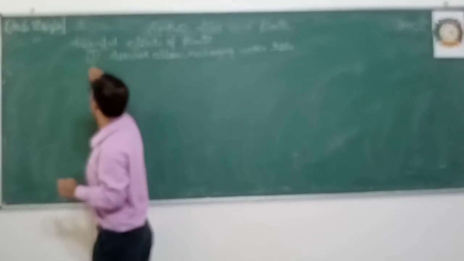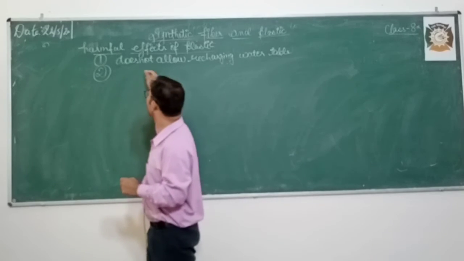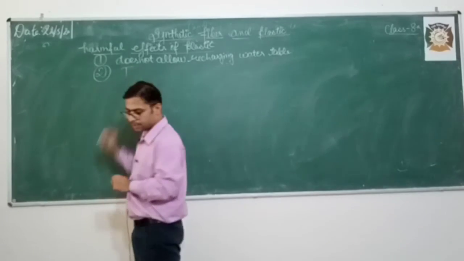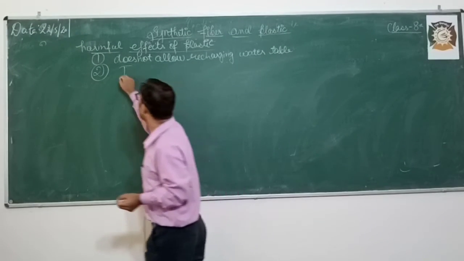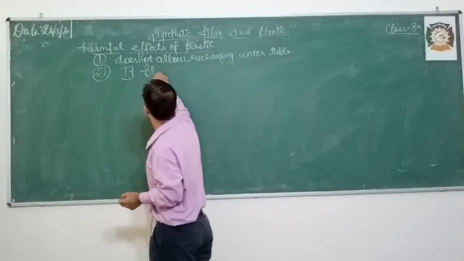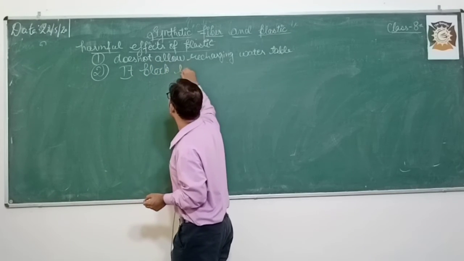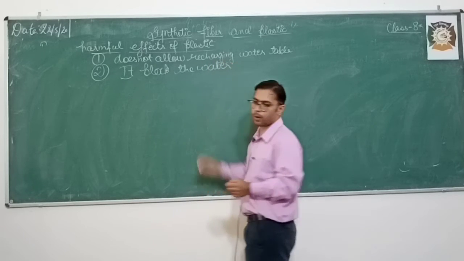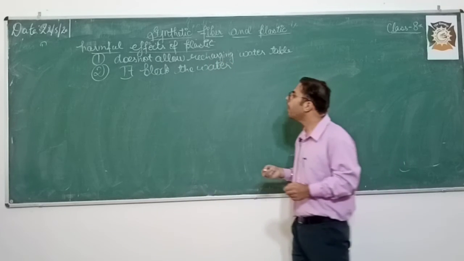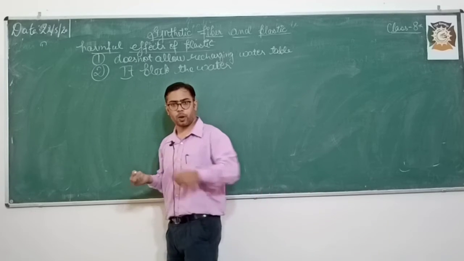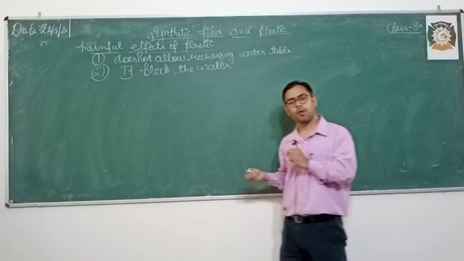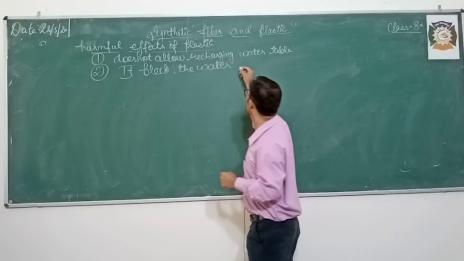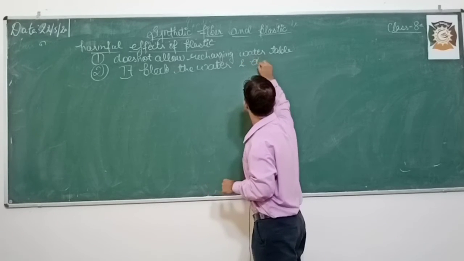Okay, second one, plastic when it is mixed in the water body, so what happens? It blocks the water. Whenever plastic enters into the aquatic body or water bodies, what will happen? It blocks the passage of the water. It's stuck there, it does not allow the water to go easily, and also affects